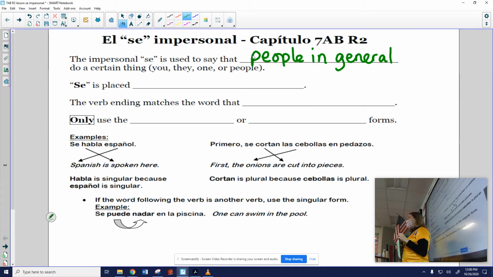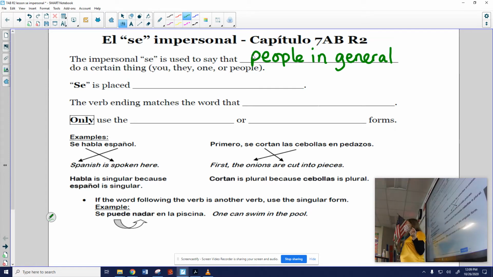For example, first you peel the plantain, and then you soak it in water, and then you drain it on paper towels, and then you fry them. And I'm not talking about you, Salvador, or you, Juan, but I'm just talking about you in general, right? Like an impersonal you. It could be anyone.